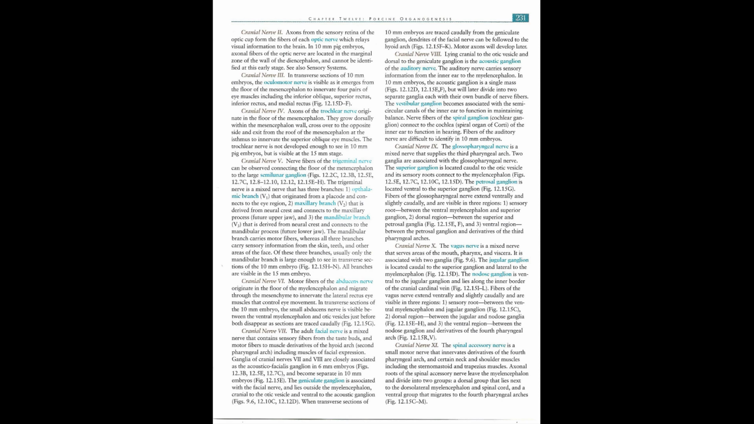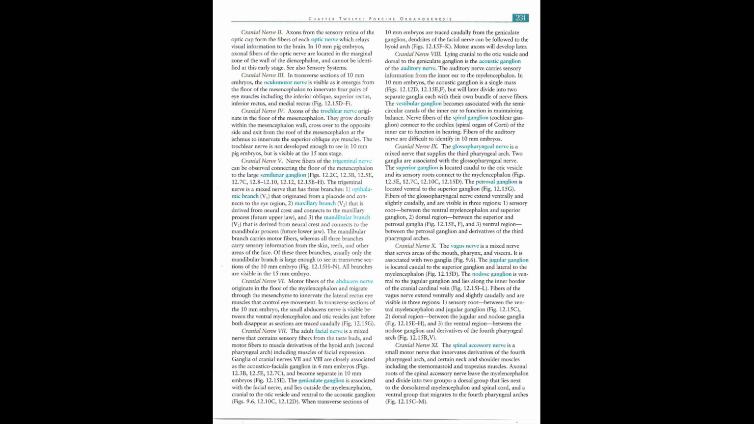Cranial nerve X. The vagus nerve is a mixed nerve that serves areas of the mouth, pharynx, and viscera. It is associated with two ganglia, Fig 9.6. The jugular ganglion is located caudal to the superior ganglion and lateral to the myelencephalon, Fig 12.15d. The nodose ganglion is ventral to the jugular ganglion and lies along the inner border of the cranial cardinal vein,